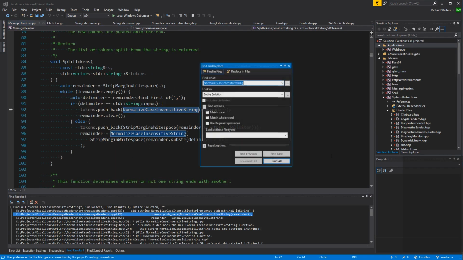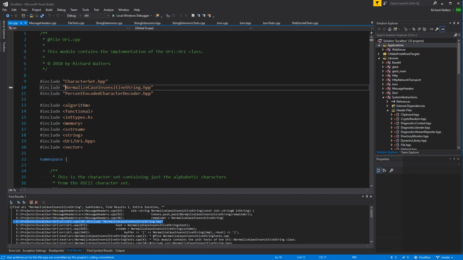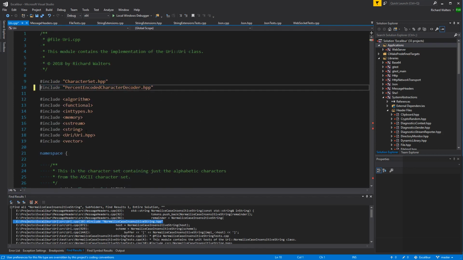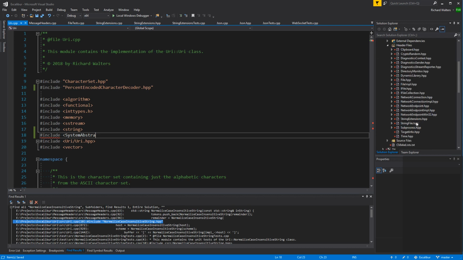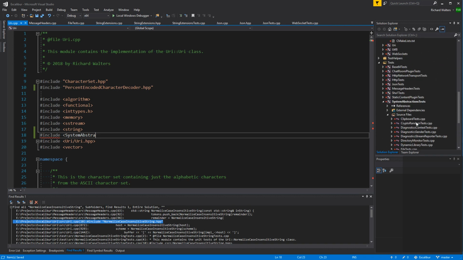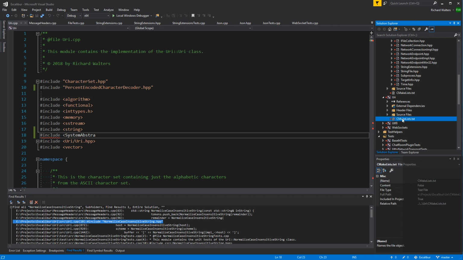So URI. We can't include it anymore. Instead, it's in system abstractions. Oh, I guess URI doesn't link with system abstractions. Well, let's fix that.